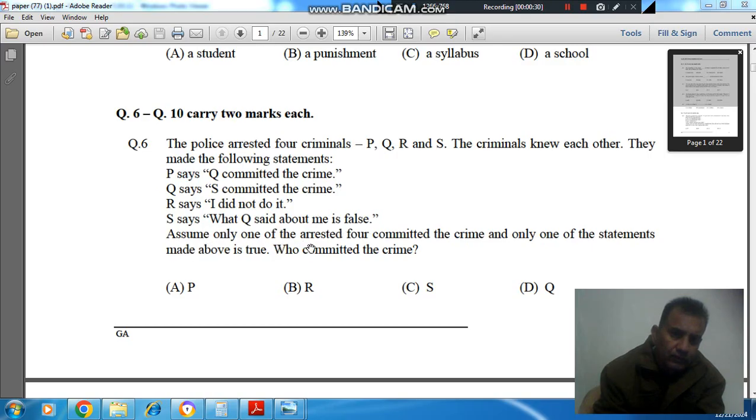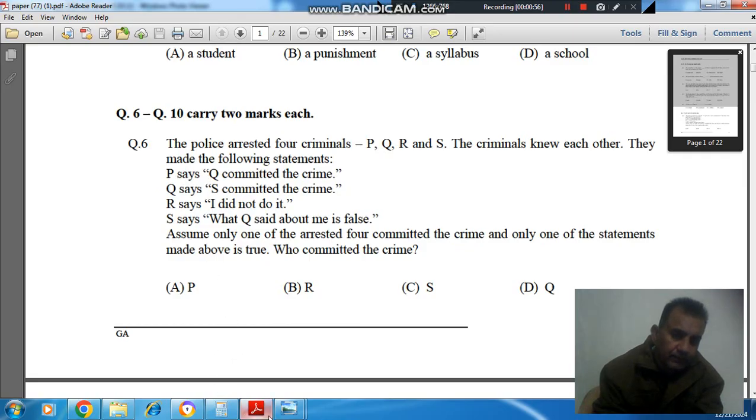Assume that only one of the arrested four committed the crime and only one of the statements made above is true. Who committed the crime? Option A P, option B R, option C S, option D Q. Suppose we take these statements one by one and assume that one of them is correct. So first of all,